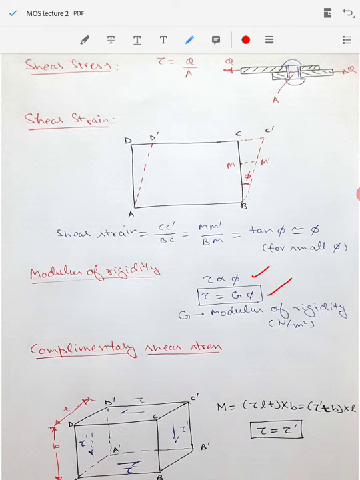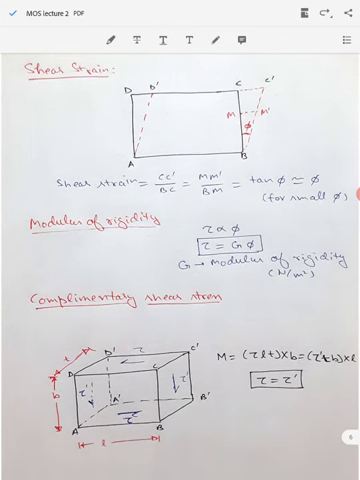This G will be called as modulus of rigidity. Again, its value will be in Newton per meter square. So analogous to our tensile test, where stress sigma was proportional to strain epsilon, here the tau is proportional to phi, and as sigma was equal to E times epsilon, here tau will be equal to G times phi. So G is the property of the component, it is modulus of rigidity. For different material it has a different value, like aluminum and steel and other materials. So you can get their values from the design data book.